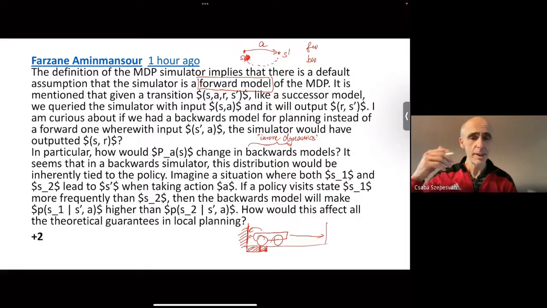So the system can just forget the past. Knowing that you were going left doesn't tell you where you were coming from at all. So sometimes it's not possible to invert these things at all. It's not mathematically well defined. And then people are trying to do certain things, but it becomes hard.